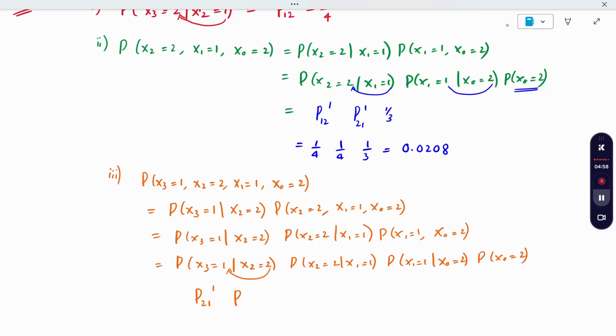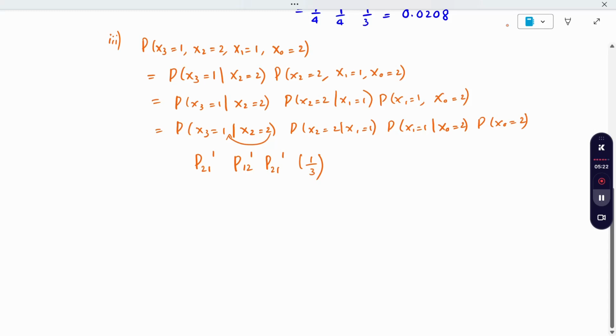So same way, when I write P1 2 power 1, P 2 1 power 1. Okay, 2 times it is written, no? Yes. This 2 times written 1 minus 1 1, so 3 2 1 into probability of x naught, so it is nothing but 1 by 3. So when I multiply it,